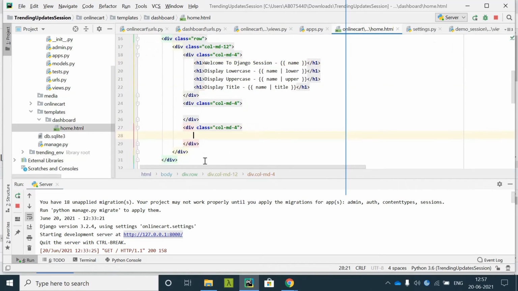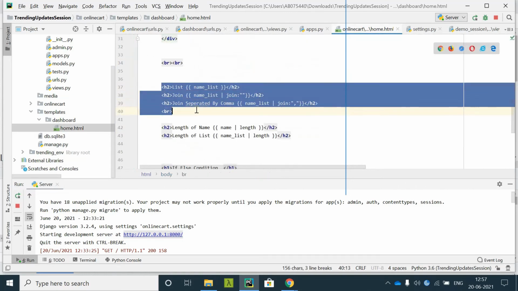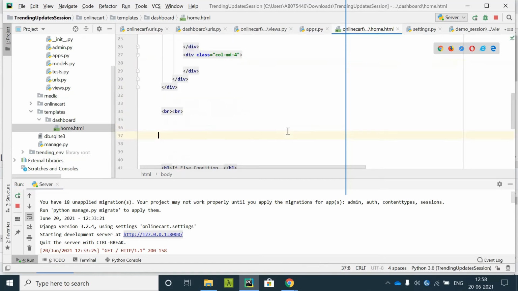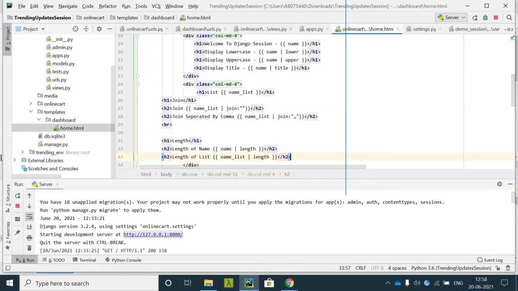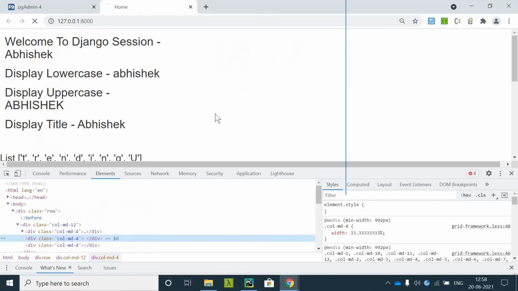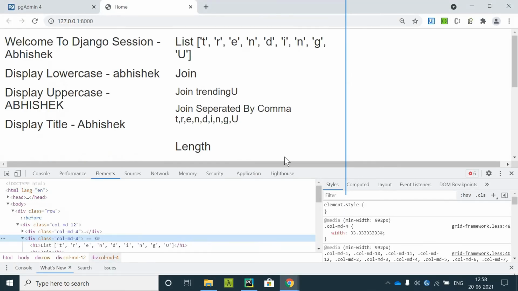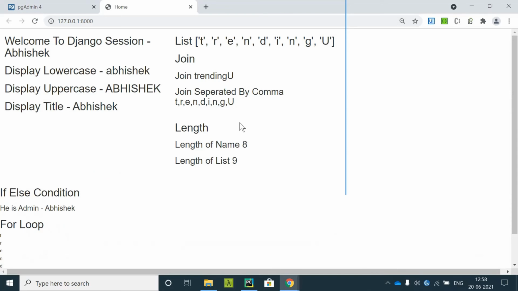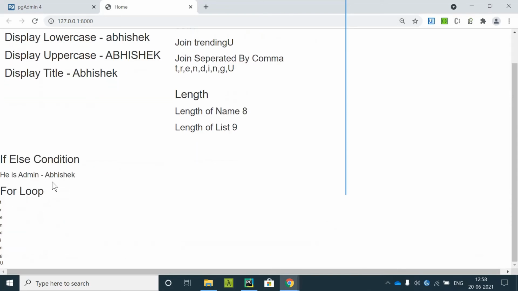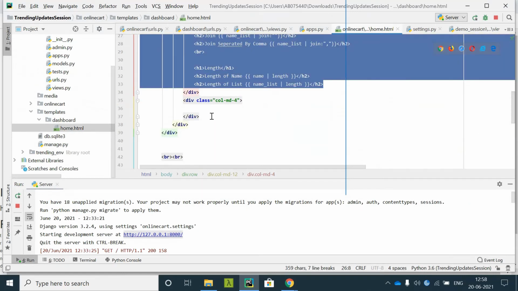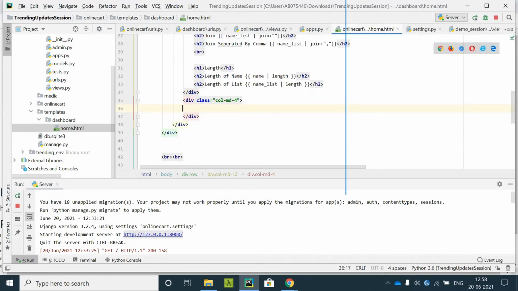Now I can do one thing. Whatever code I had written for the list purpose, I'll cut this code and paste it under the middle column. You see, now the list is displayed in the middle column. Okay, what about this if and else condition? We'll try moving it to the third column.